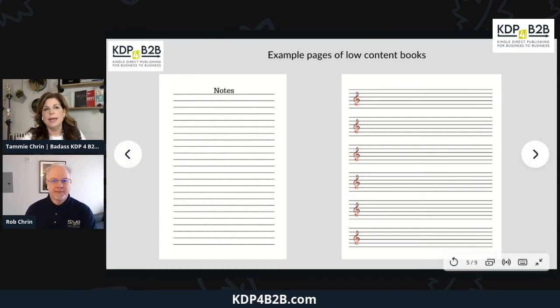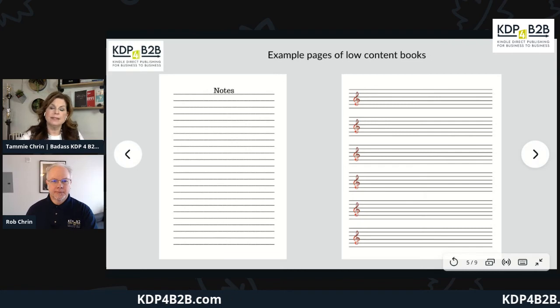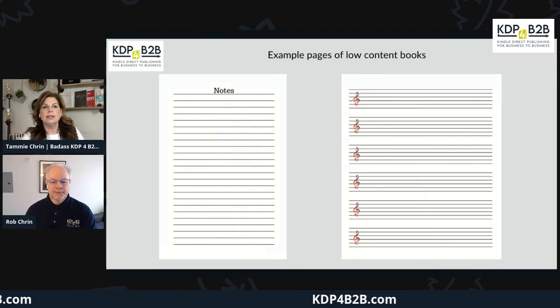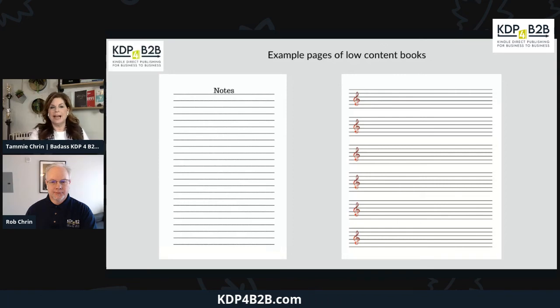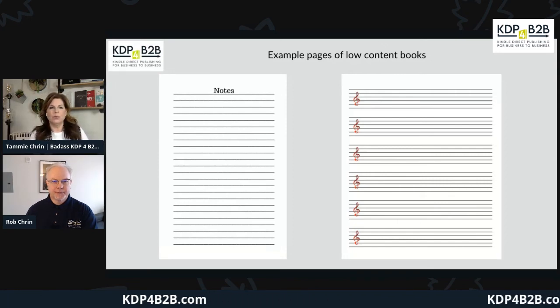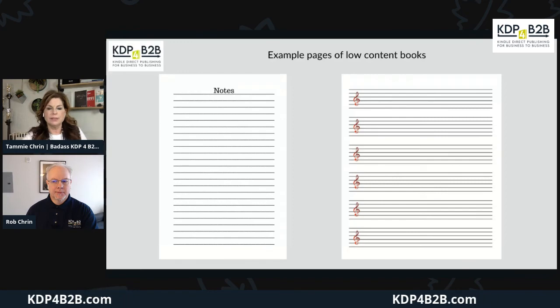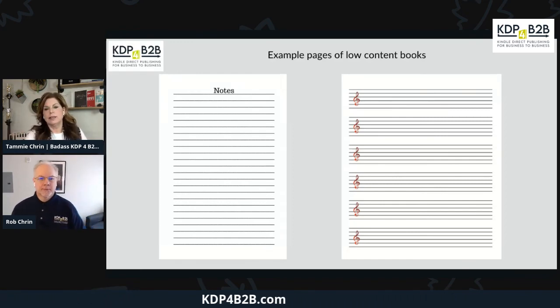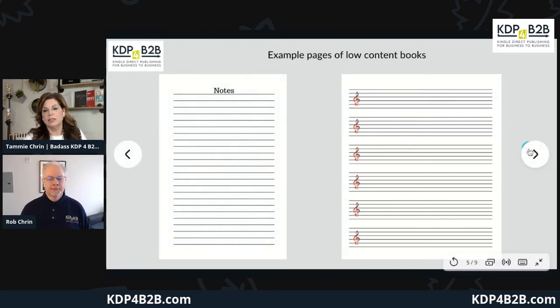It's like they call them lead magnets a lot of times, to advertise your business. But also, say a year from now, the student took your music class, and they go, "Oh, what was that teacher's phone number, or what was his email or her email?" And they can look at that booklet, and there's the contact information. Yep.